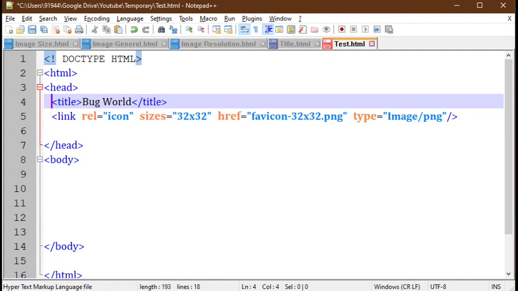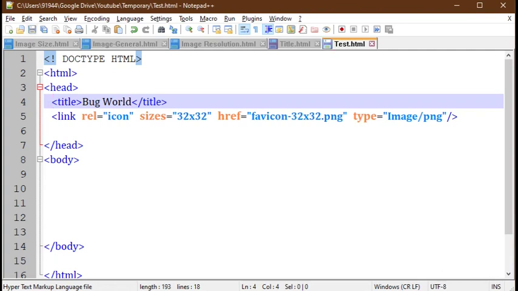Here the link rel is icon, and the sizes will be 32x32, and the file name and file path will be favicon-32x32.png. Here my test HTML file and this favicon image are in the same folder, so I have not provided any path for that. Then type is image/png.